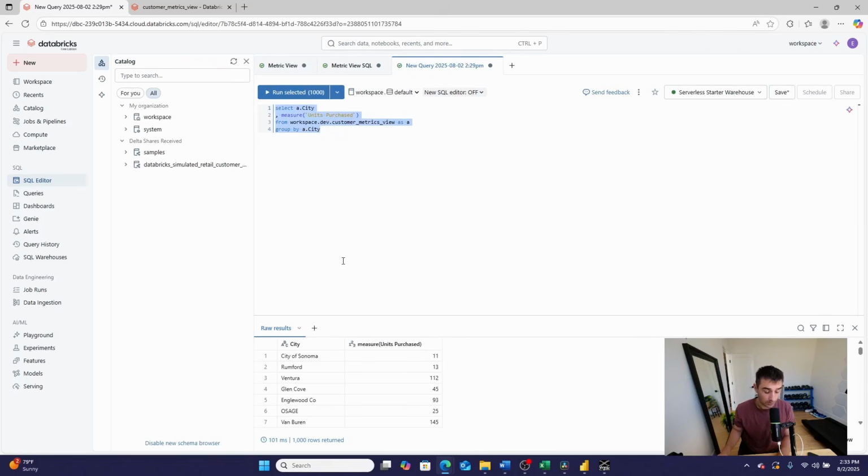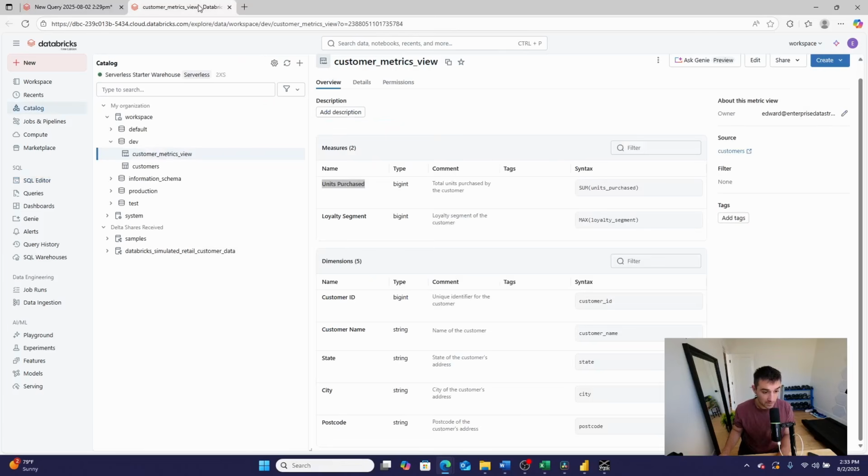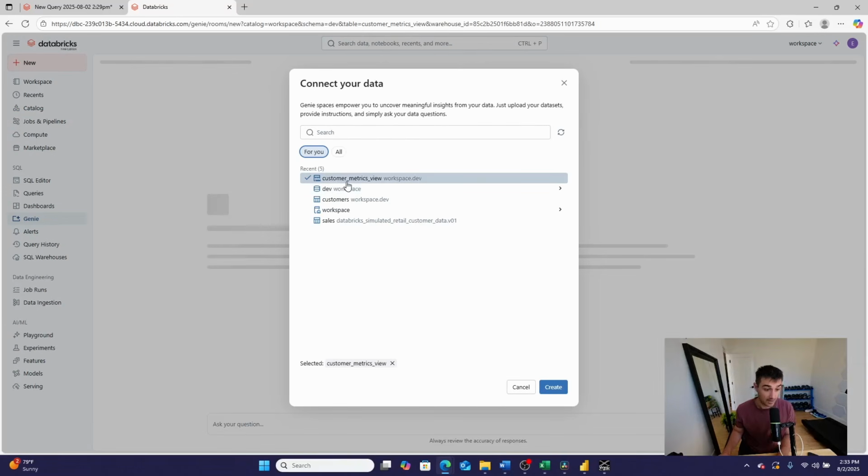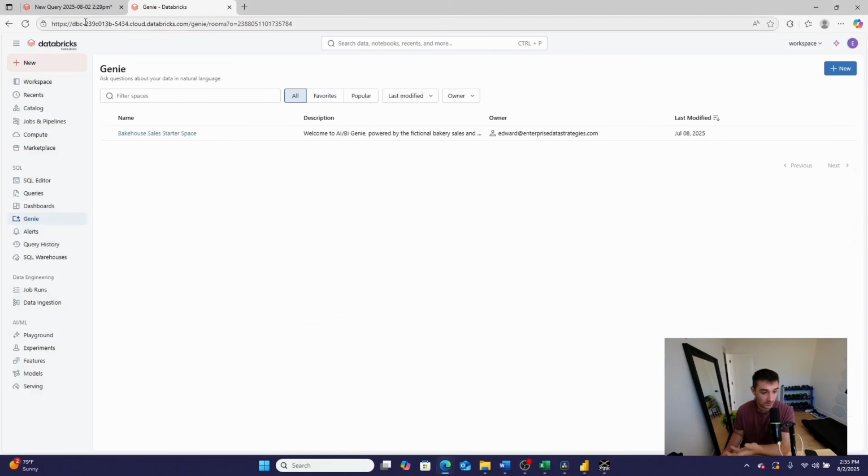Now, what's also really cool about this is that if we go back over here into this metric view, I can simply go create right here, and I can automatically create a Genie AI space that's going to bring the context and the business relationships that exist within that semantic layer in the metric view automatically into the AI context that it uses to process data. So that is the basics of what a metric view is in Databricks